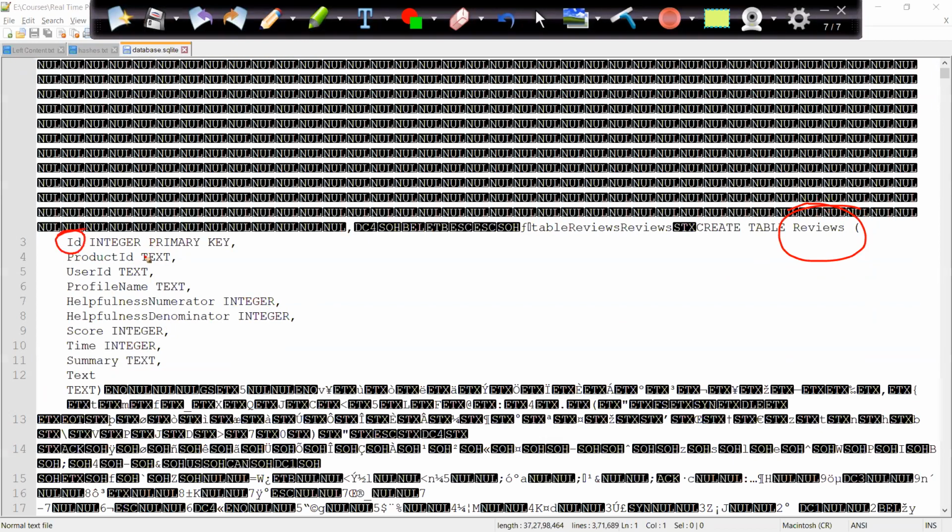One is ID, which is obviously the review ID, because we are maintaining the reviews of my customers, right? And each review will have its own unique ID, right? It's maybe a system generated ID by the Amazon database, right? Then we have the product ID. Every product has its own ID, right?